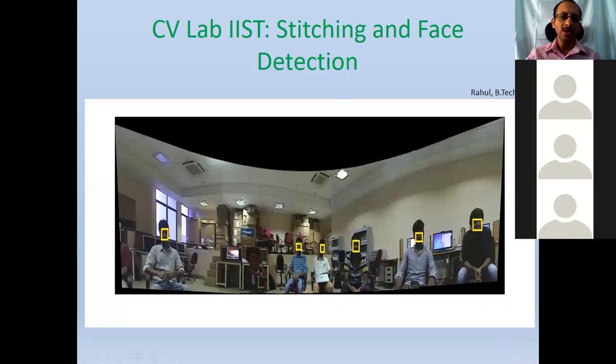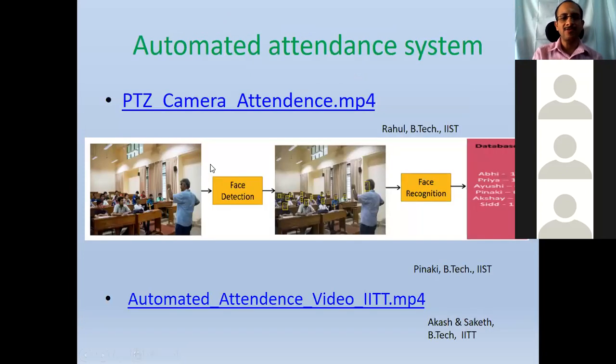In such cases, what you do is you take the first snap, the second snap, the third snap, and so on. In between the first snap and the second snap, there may be some common region. We try to make the correspondence between points in the common region, some salient points or feature key points, and then stitch them. Similarly, stitch the next and so on. That's how a panoramic view is done, and then detecting the faces. So I think this is the video.